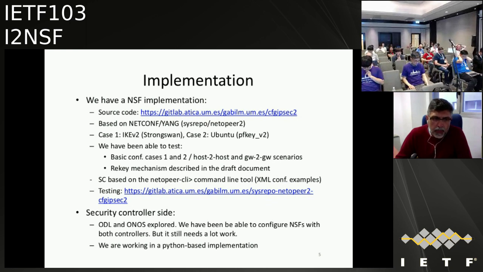Although we are working on the security controller implementation, to test the software you have to make use of the net2peer client in the security controller to send the configuration by command line. The best way to test the software is to make use of the